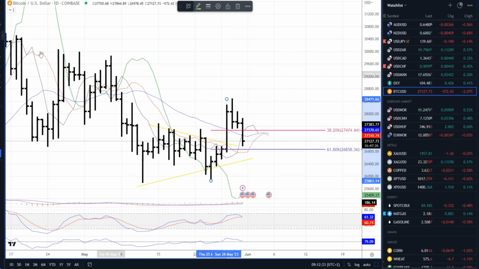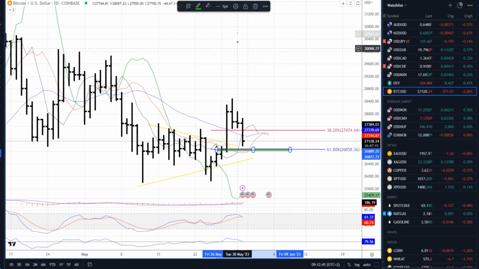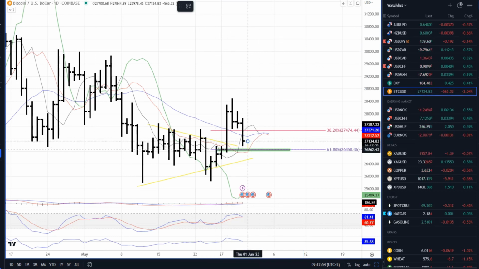I would like to see how the market will react around this 26,850 area or so, because this might be the area where the market can find buyers. If that happens, if we can see some reaction from buyers and some kind of bottoming, for example the market goes there and then tries to react, then there is still a chance for higher prices and for this upside movement to continue towards the 29,800 mark.